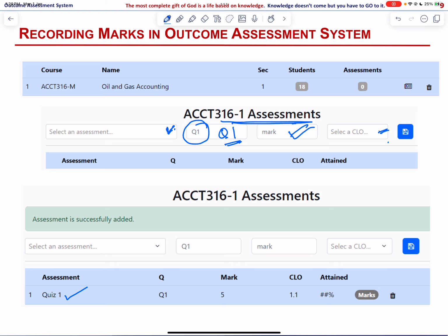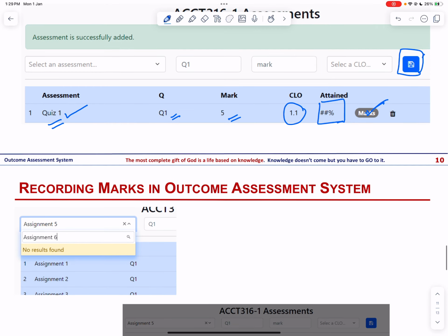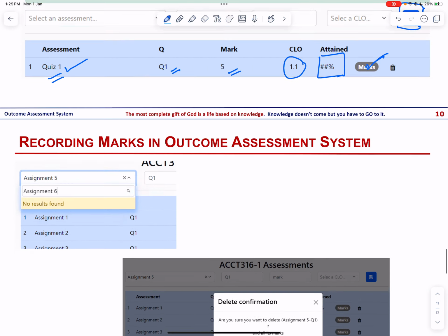So you can see I have quiz number 1. In quiz number 1, there is only one question that is for 5 marks. The CLO is 1.1. And now if I click the save button, this is how it is going to display the marks. So what we have to do now is click the marks icon over here, and then you can enter the marks